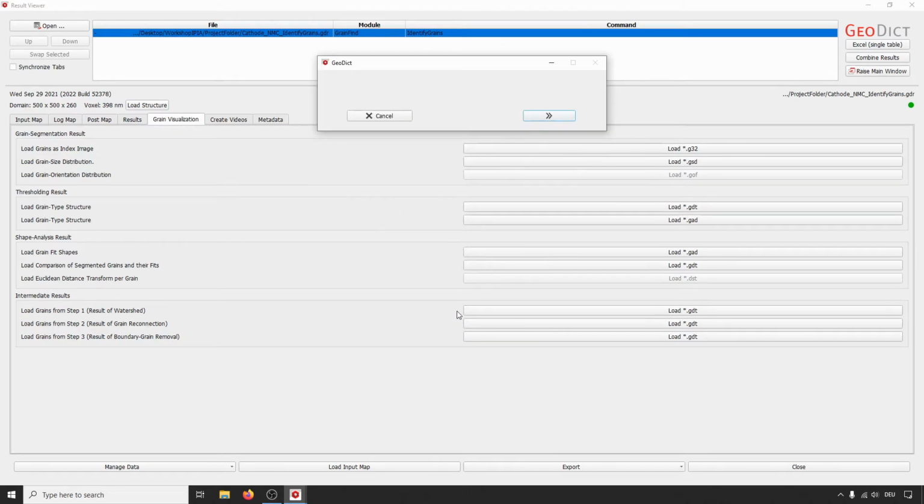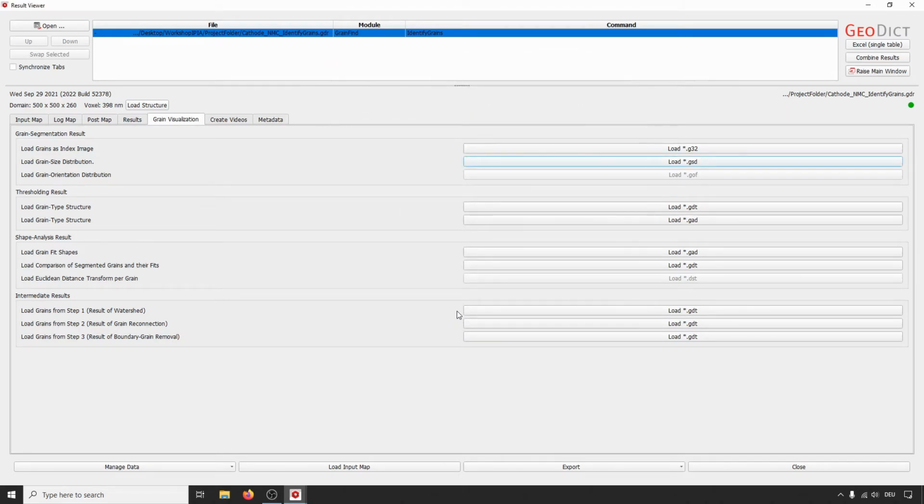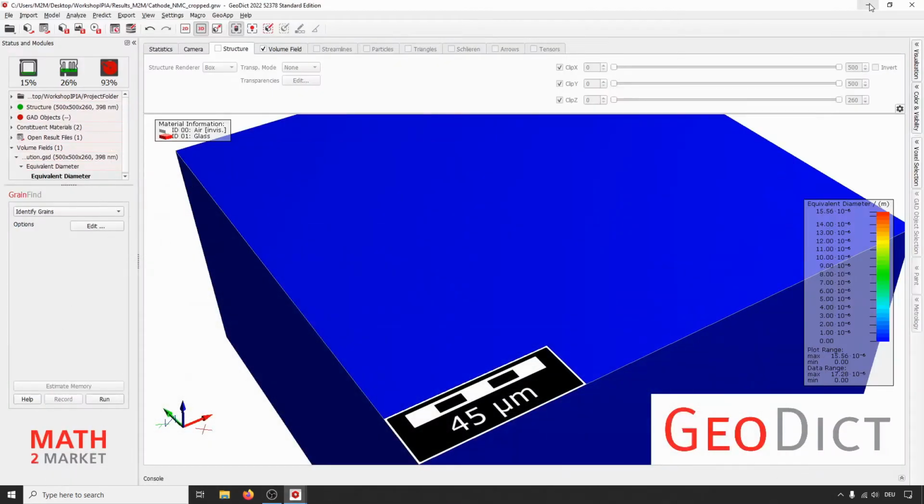This file is now loaded instead of the grain index image. And at first we only see a blue box here. That's because the grain size distribution is shown in all the materials, also where no materials are, or where the pore material is. And well, it just starts at 0.